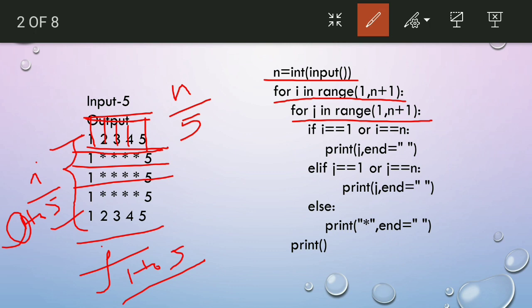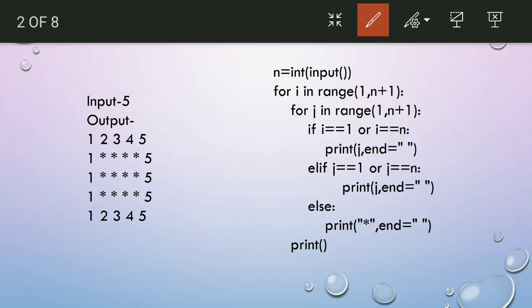Now what is our condition? If it is the first row or the last row, we will print the value of j. So we write the first condition: if i, that is the first row, is equal to 1 or equal to n, meaning it is the first row or the last row, then we need to print the value of j, 1 2 3 4 5.